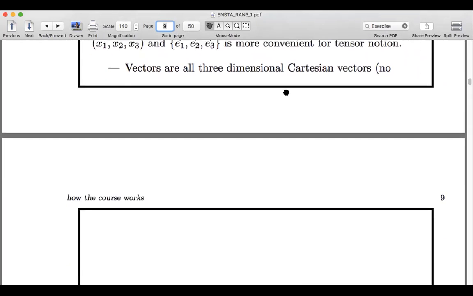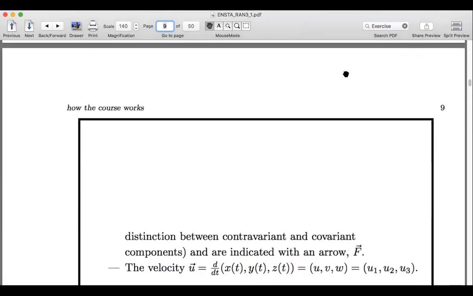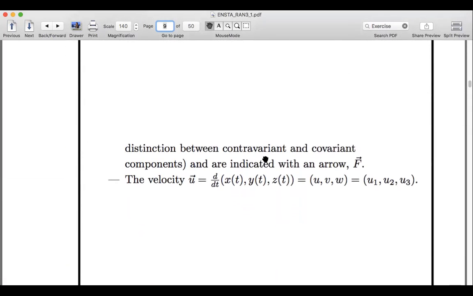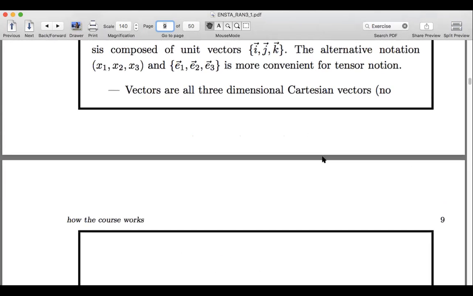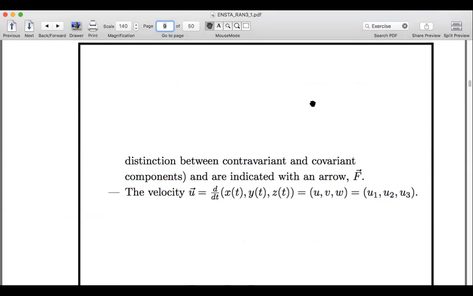So all the vectors that I'm going to use are Cartesian vectors, which means we make no distinction between contravariant and covariant components. And I think most of you probably haven't heard of contravariant, covariant, so just don't worry about it. But if you're someone who studied tensors, then we're using Cartesian tensors, so we don't distinguish between those. And even if you haven't heard of these things, I think it's nice to at least tell you that there are sort of